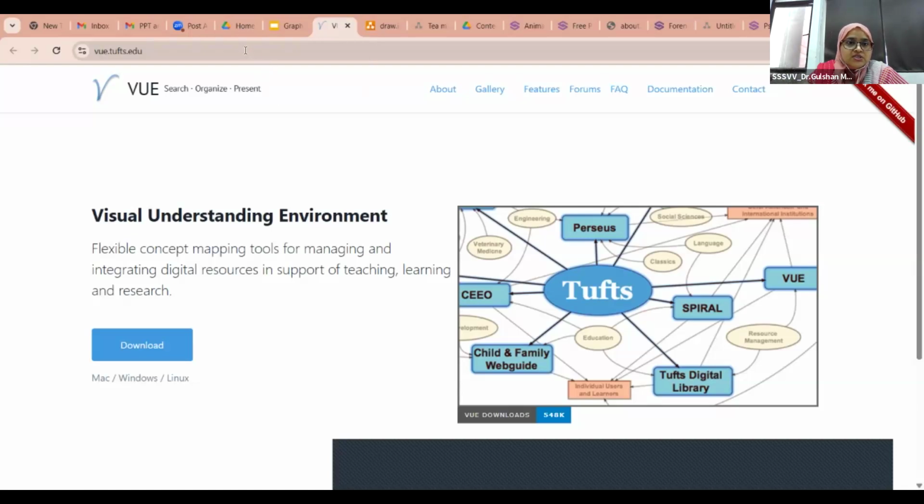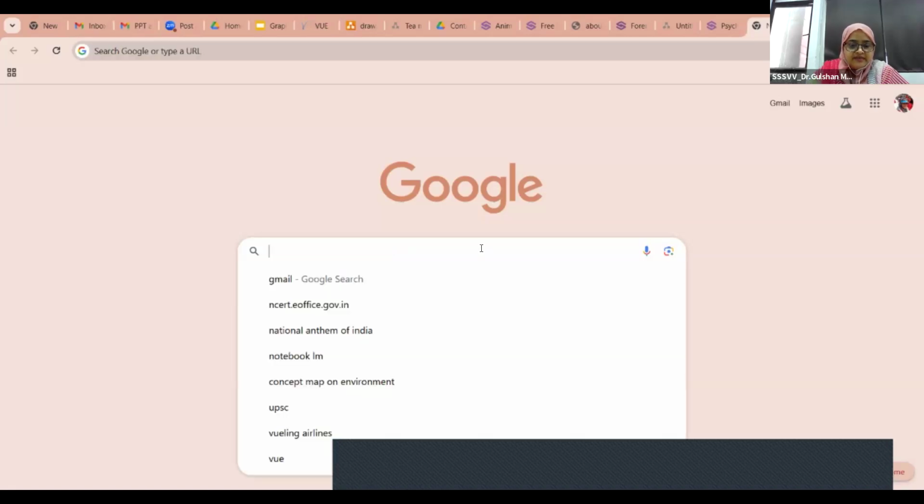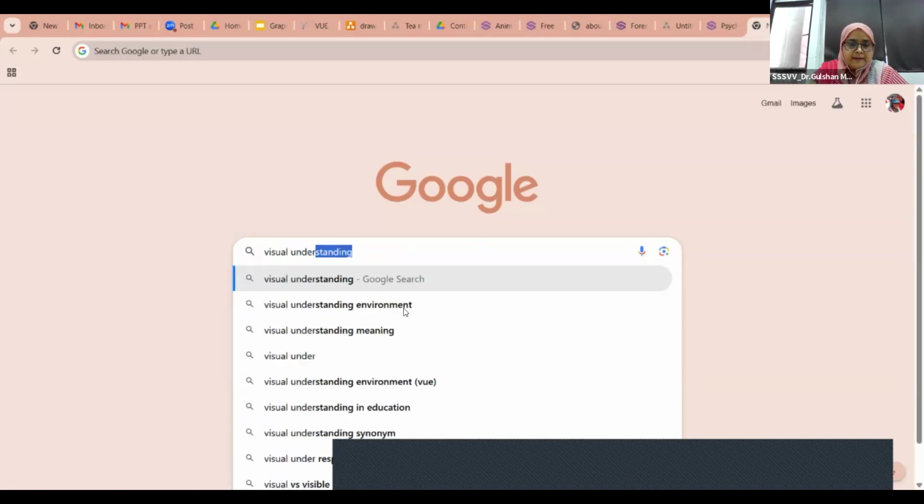So just simply open your Google Chrome. I hope you all are having your laptops. You have joined this session through the laptops. Click on a fresh window and open the Google Chrome browser. And in that browser, simply write Visual Understanding Environment.